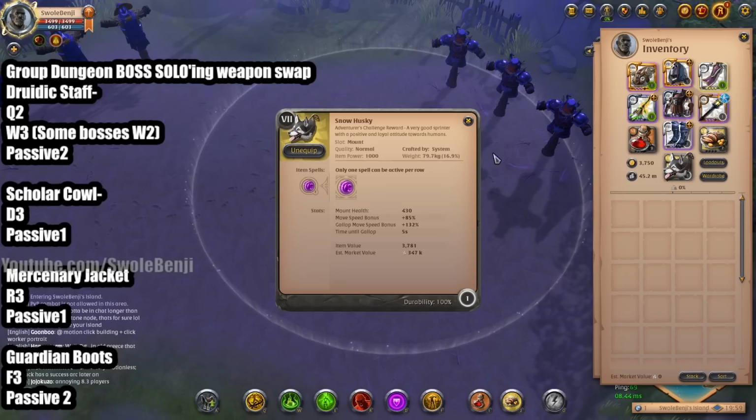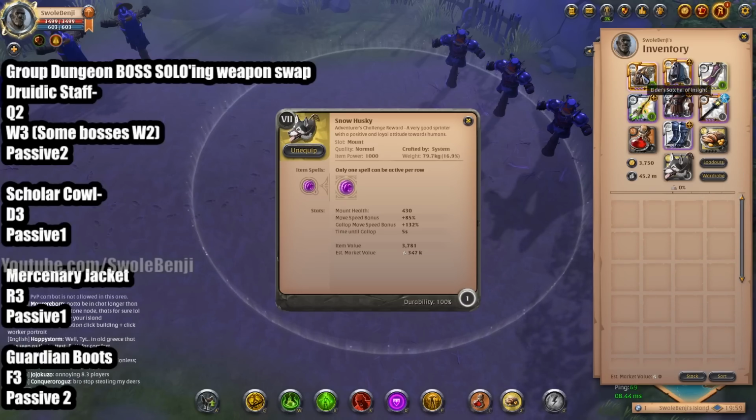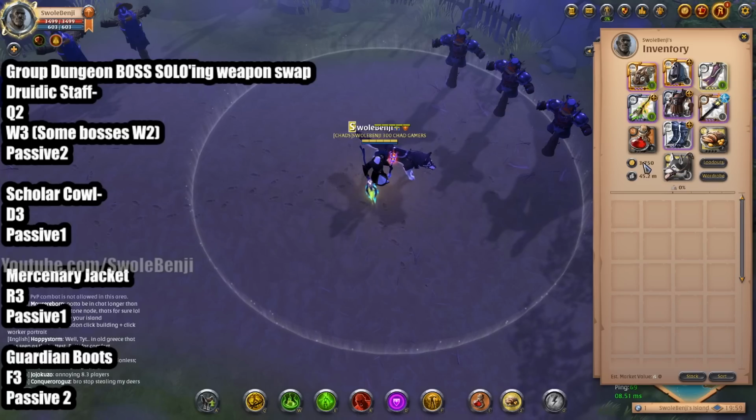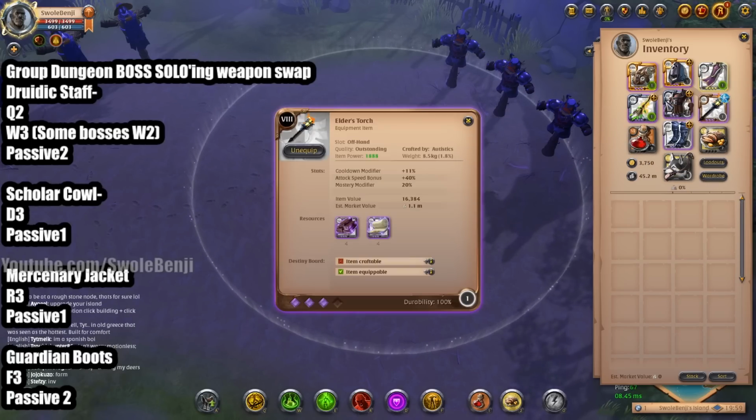Though I recommend a boar instead of a Snow Husky because when you're doing group dungeons, your entire inventory will become very full very fast. So you can just use a high tier bag and a Snow Husky, or you can just use a boar and a low tier bag. It's up to you. You'll need to use the roast pork though, and for your offhand, you'll use the torch